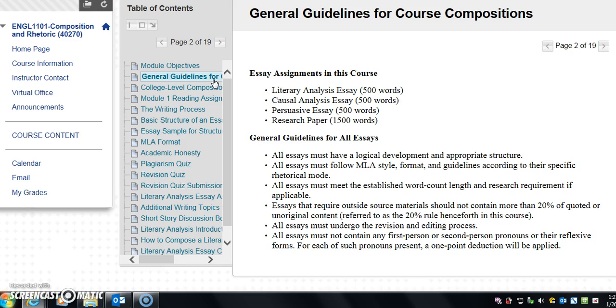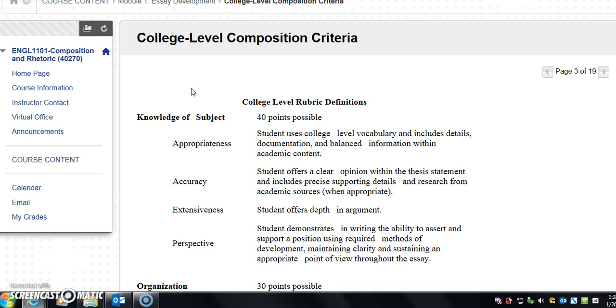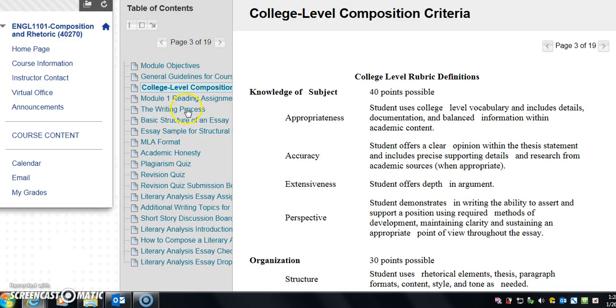And this page is called General Guidelines for Course Compositions. It's very important that for each essay, you revisit this page to keep in mind the general guidelines that you should be applying to all of your essays, because if you fail to follow any of these guidelines, of course points will be deducted. So this item right here, if you look at my cursor, general guidelines for course compositions, college level composition criteria, as well as module reading assignments, every single module in this course, modules 1, 2, 3, will begin